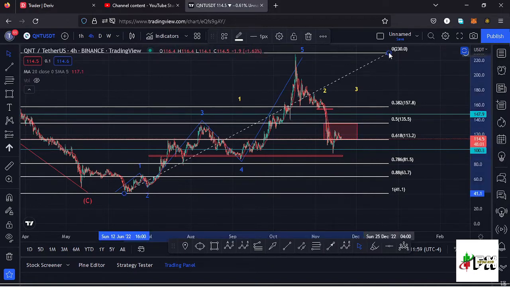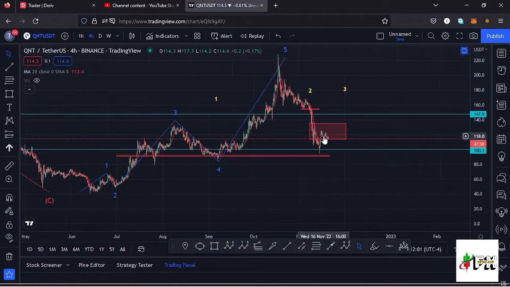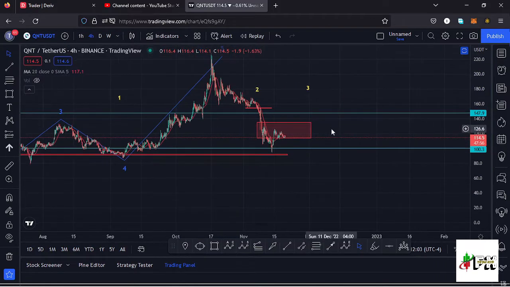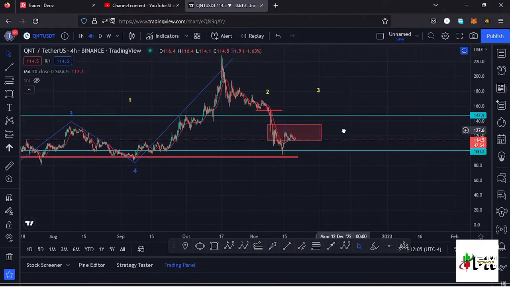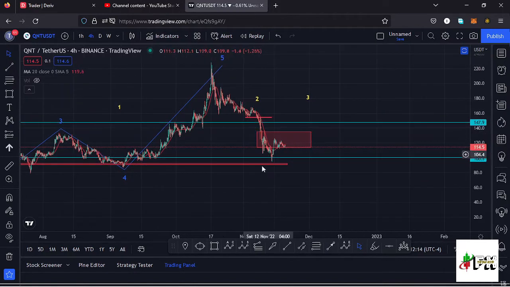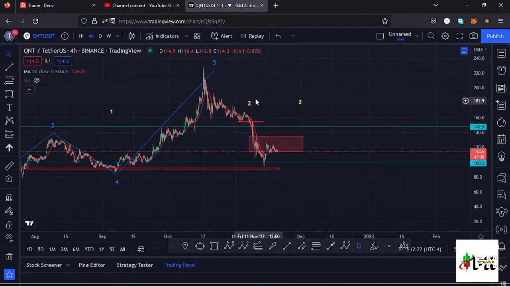And in that movement I still have this as a valid wave 2 to the lower side, even if it has managed to break out of our minimum retracement area, that is between the fib level 0.5 and the fib level 0.618, and it's holding above the fib level 0.78 over here, which perfectly lies at around the $80.1 mark. And having seen the formation of a higher Elliott wave count 2, whatever we expect next